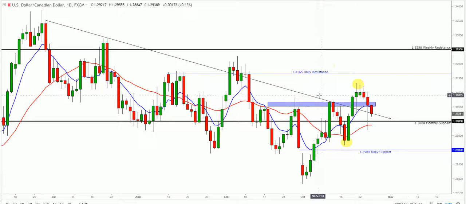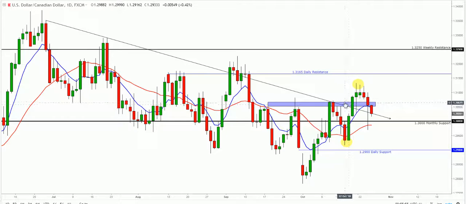Daily time frame. So you can see that we formed those new highs, some indecision, and then yesterday, with that fundamental announcement, price just melted through the 1.3 major level. However, we did pull back a massive amount to close back outside of this downtrend, above the exponential moving average and right within that